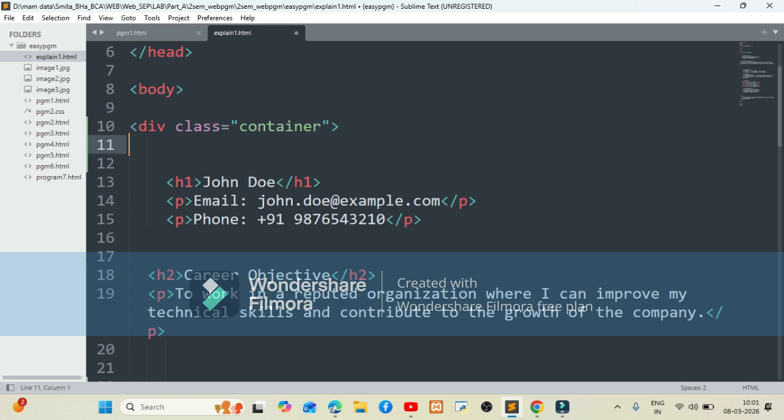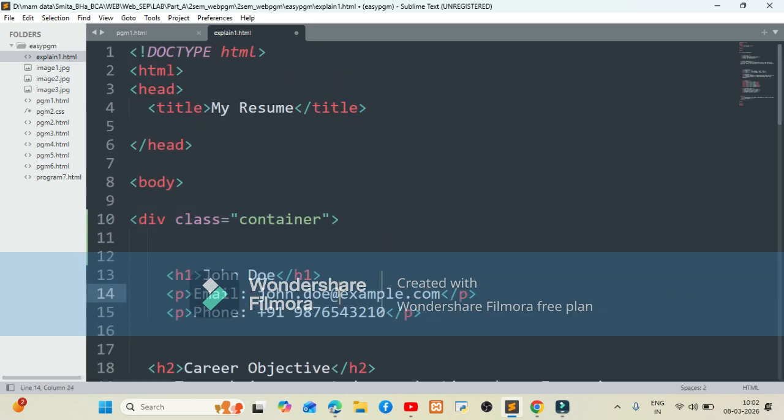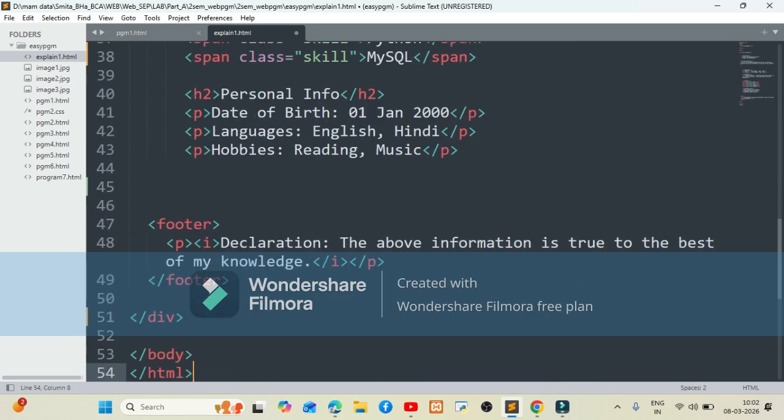Now if you see, I've added the div tag and I'm giving some class name for my division. Why am I giving the class name? The div tag is used to group the elements, and the class attribute is used to give some CSS to that particular division. Now for this division, this is the opening of my division tag and the entire document. So I have grouped the entire HTML document as my division class container, and this is where I am closing that division just before my body tag.